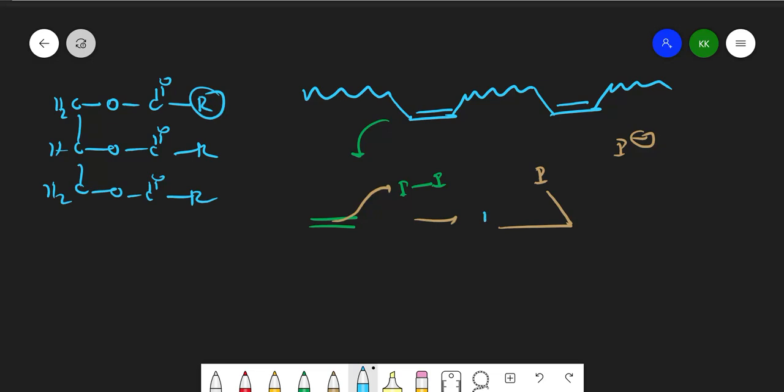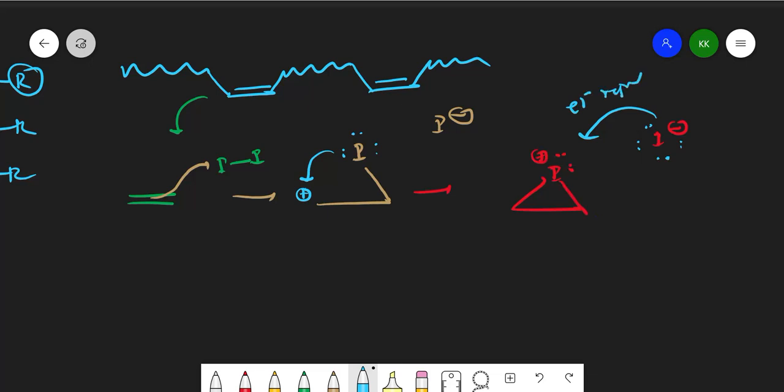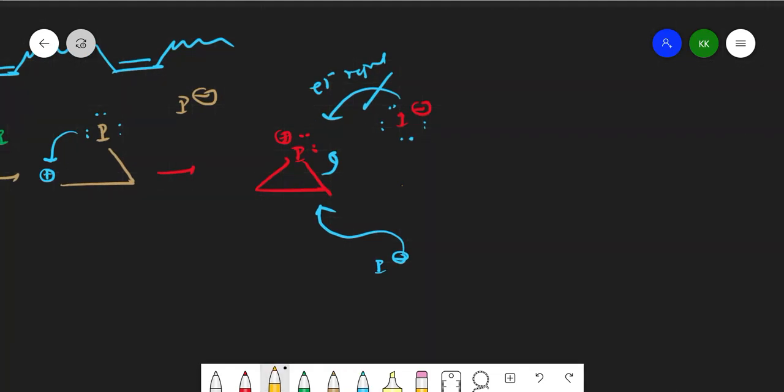So here this carbon will be having positive charge, and iodine having lone pairs, so neighboring group participation, it will form an iodonium ion like this. Iodine gets positive charge and it is the iodonium ion. Here I minus is there, and this iodine will be having lone pairs. So I minus can't attack from above because of lone pair electron repulsion. So iodine will attack from below and this bond will be broken. The above reaction is not possible, but the below reaction is possible because there is no electron pair repulsion. So I will get this product.